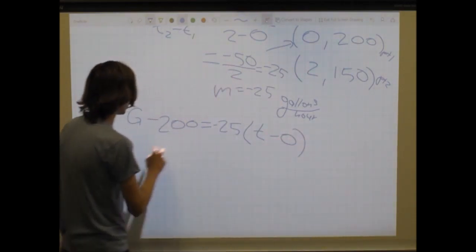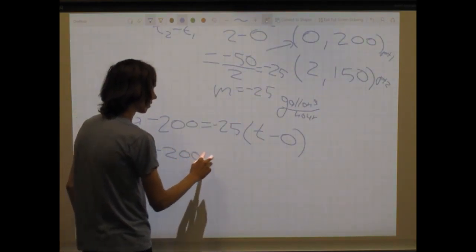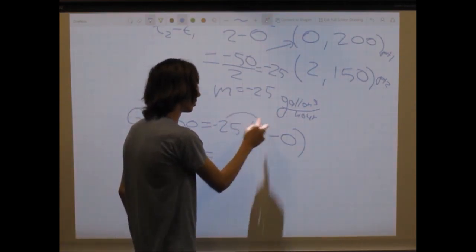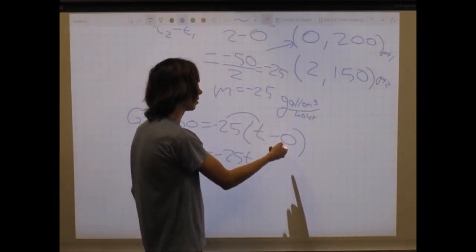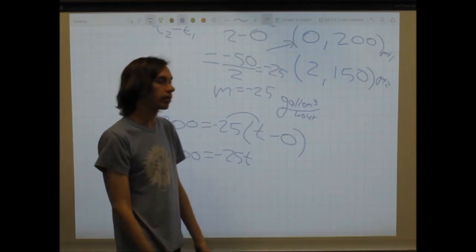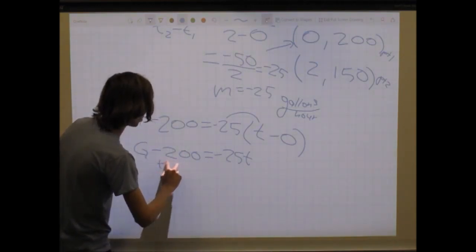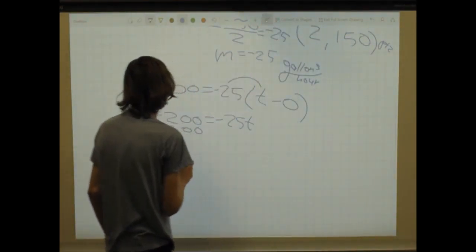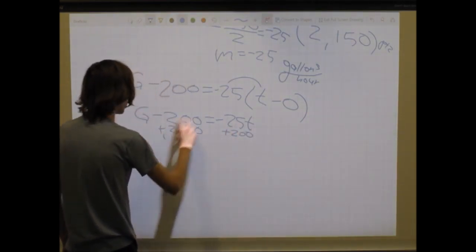Okay, so this is going to be g minus 200 equals negative 25t, right, if I multiply these two. And then negative 25 times 0 is just 0, so that's it, right? It's just going to be plus 0, basically. And then we'll just get our g by itself. So we'll add 200 to both sides. Let's go ahead and move this up a little bit, make that easier. So we'll add 200 over here, we'll add 200 over here, and we're going to get